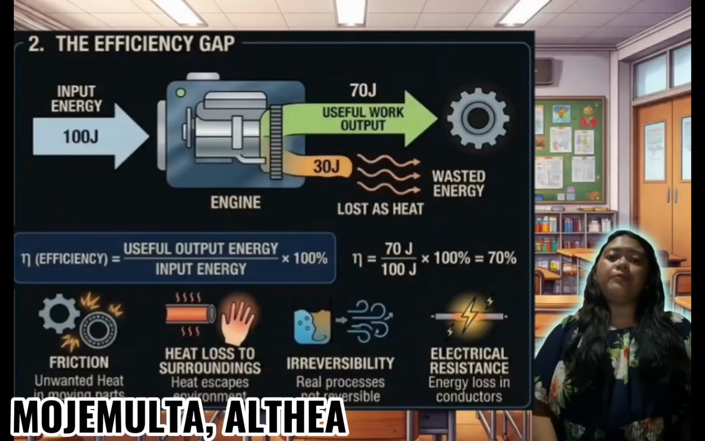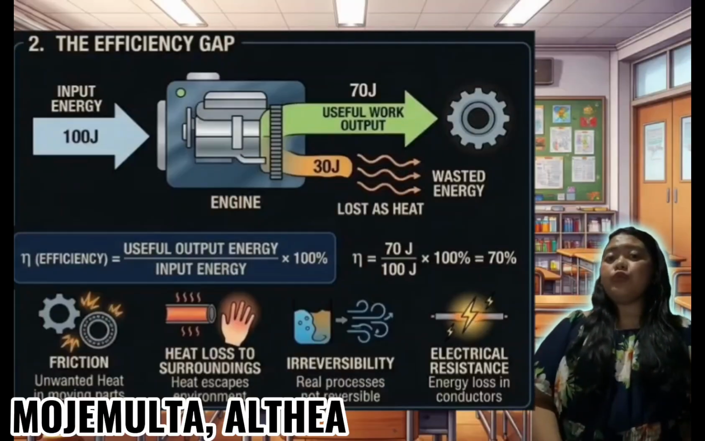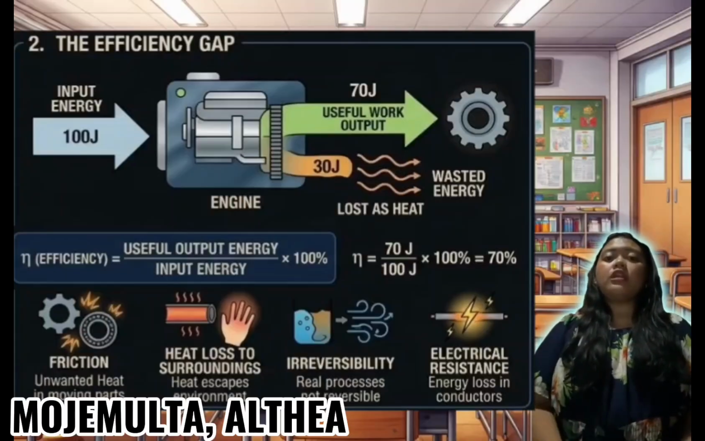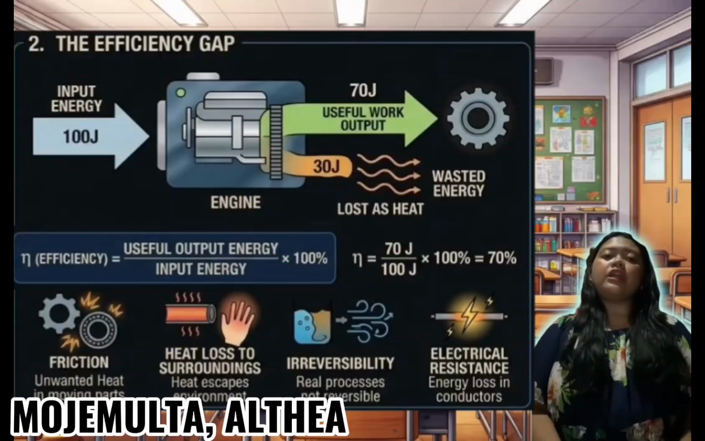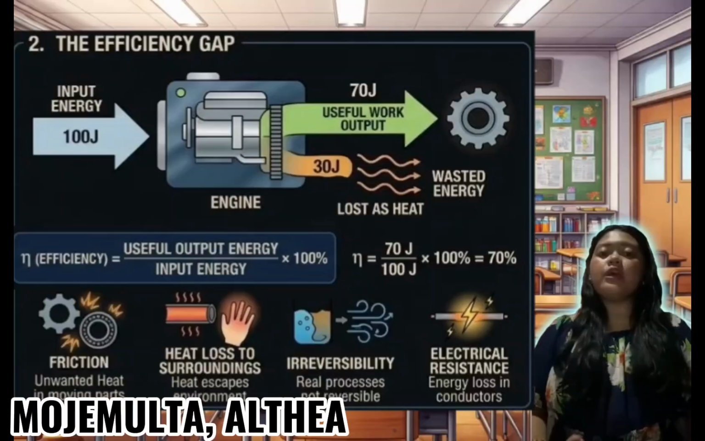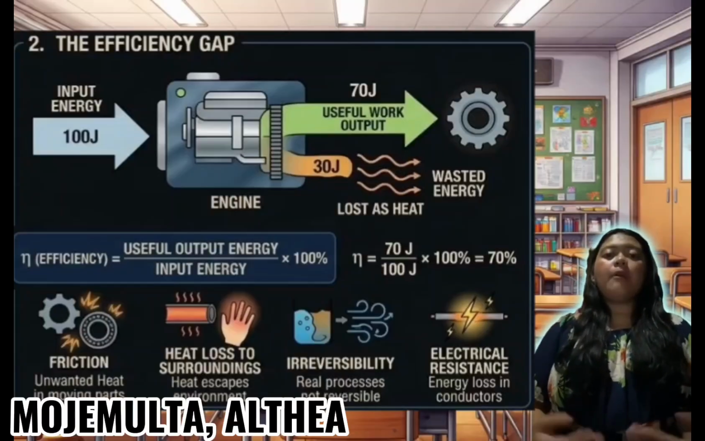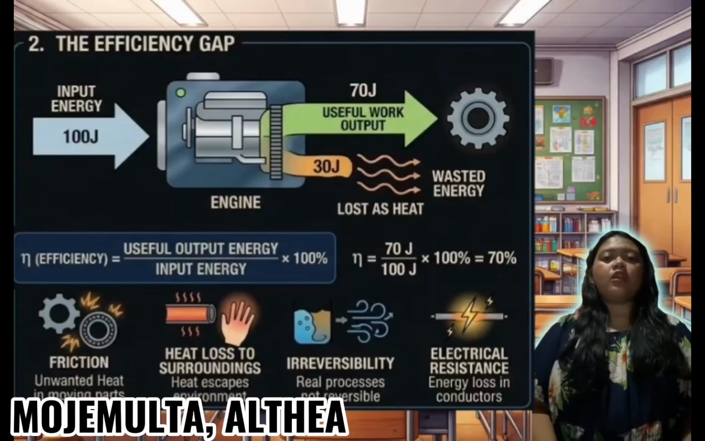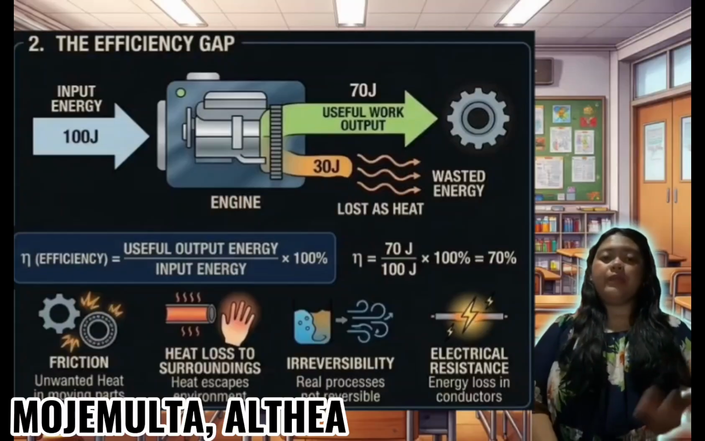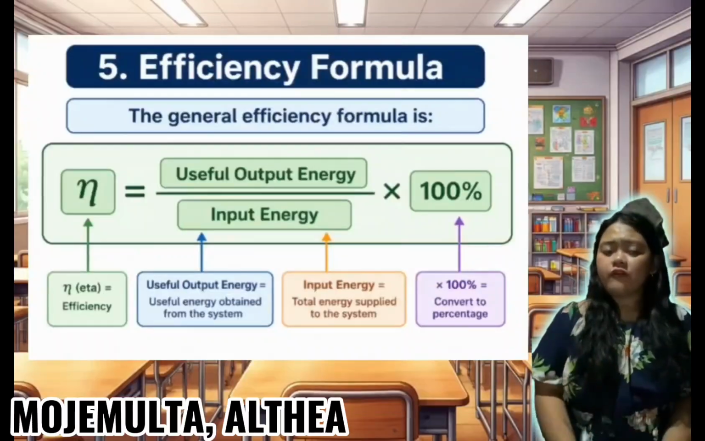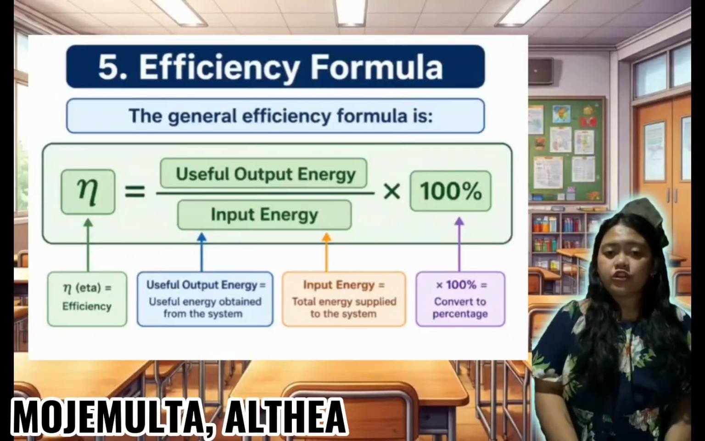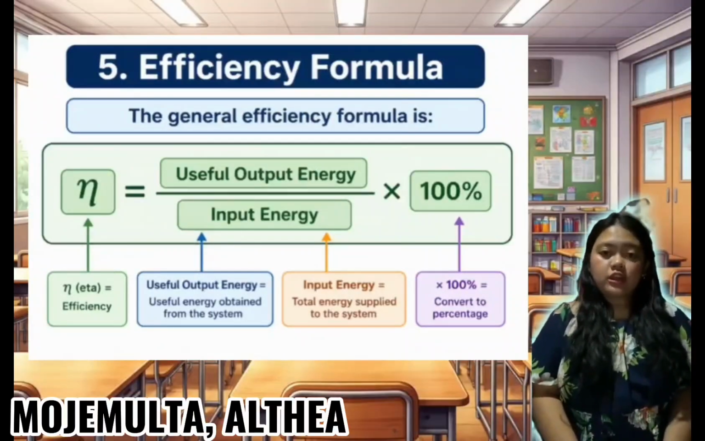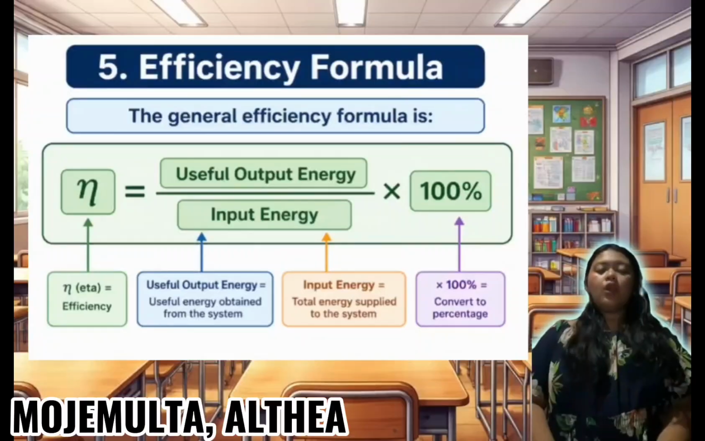environment instead of being used, like a hot pipe losing heat to air when it is not insulated, and irreversibility, where real processes are not perfectly reversible, including turbulence, mixing of fluids, rapid expansion, combustion, and electrical resistance, all of which destroy availability. The general efficiency formula is η equals useful output energy over input energy times 100%, wherein